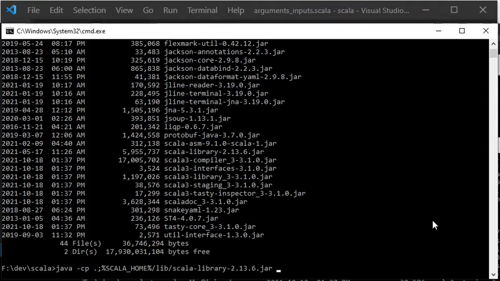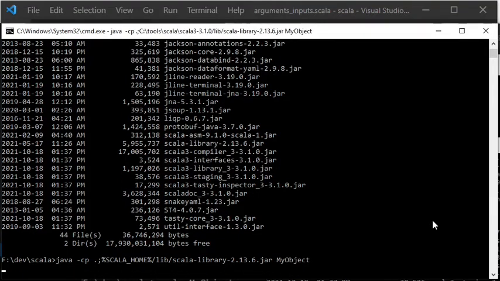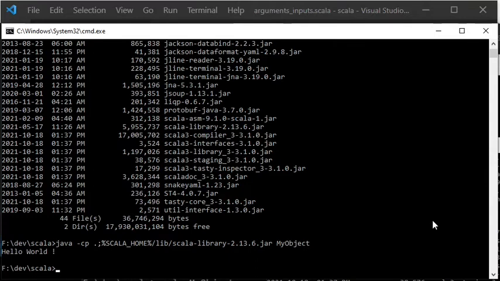After having entered the two paths in the classpath with the -cp flag, I mean a dot for the current directory and the jar file with the Scala library, then I am adding the compiled .class file, my object, but without the file name suffix .class. As you can see, the program works as before, when it now was executed with Java instead of Scala.